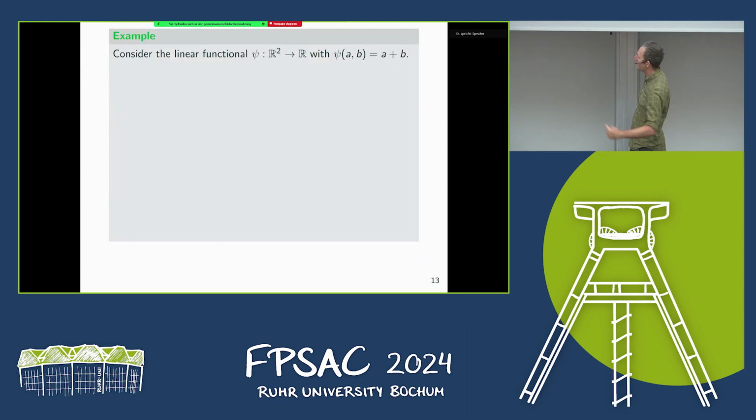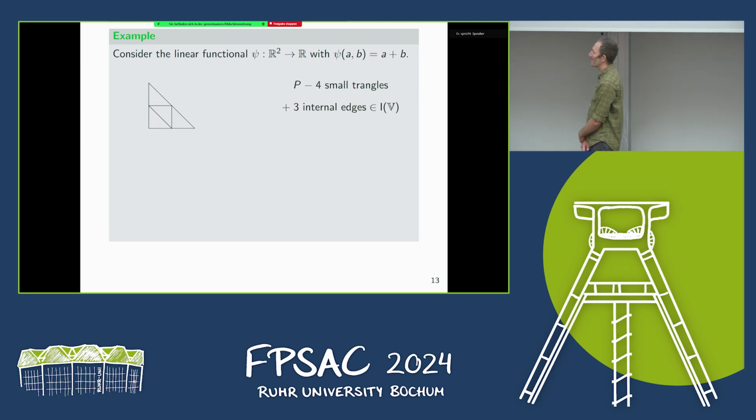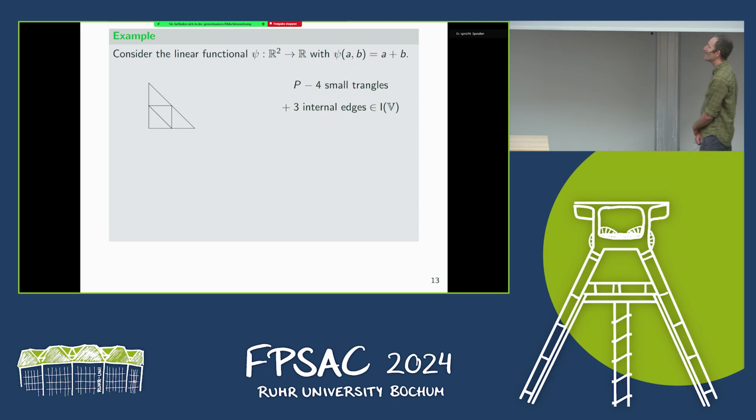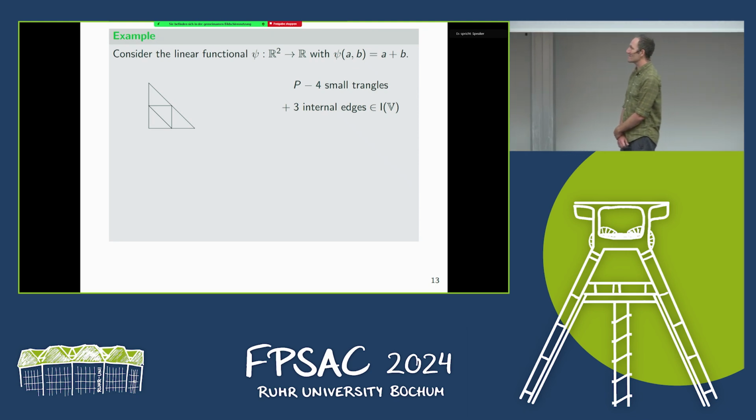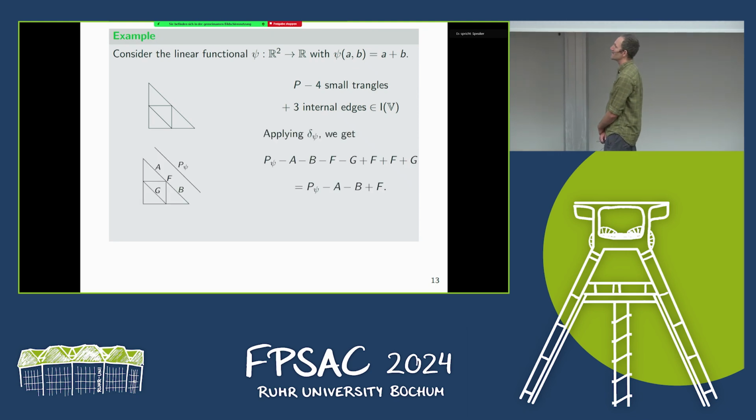Let me take the linear functional that measures up and to the right. It's a linear functional on R2 that takes A plus B. And let me look at this example that we've done. The element of I of V that we looked at is P minus the 4 small triangles plus the 3 internal edges. And when I apply delta psi to it,